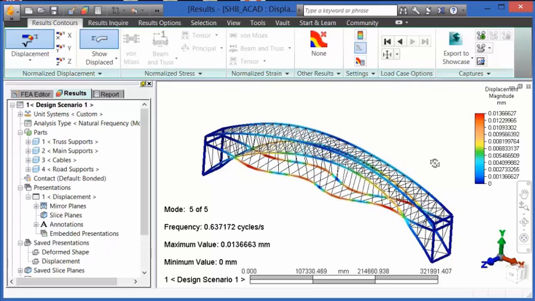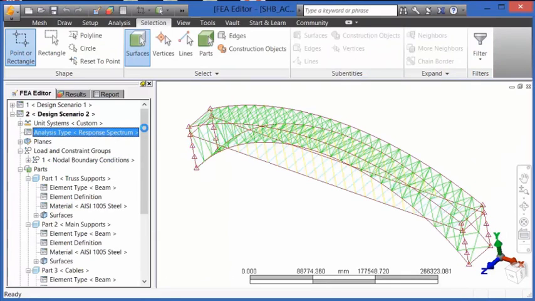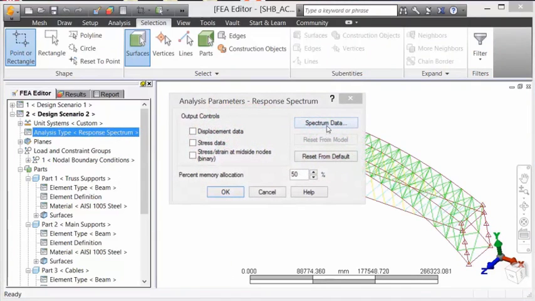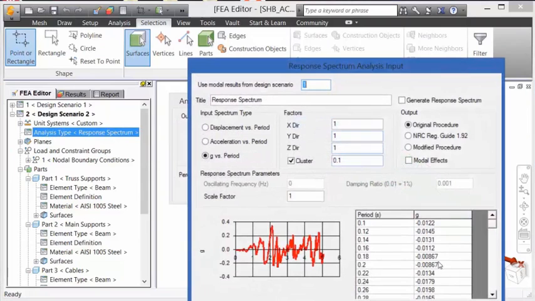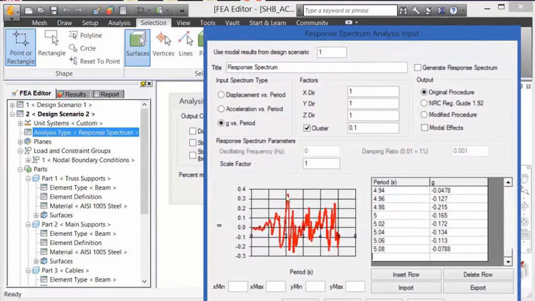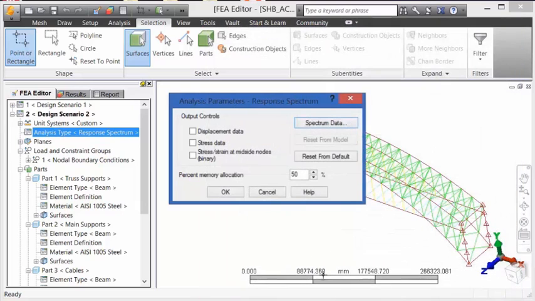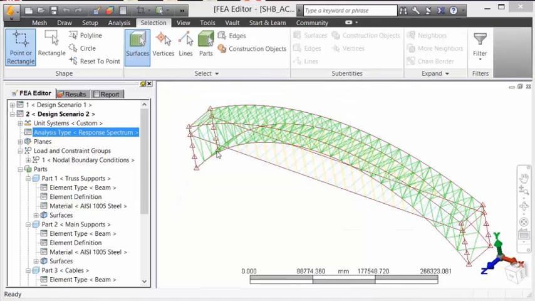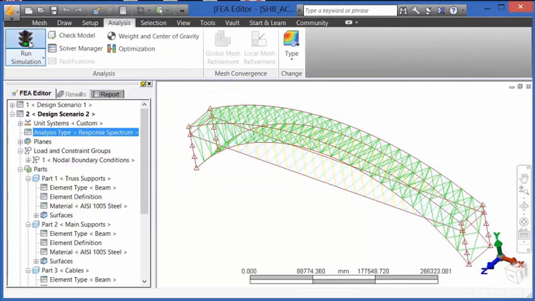Now that the natural frequency modal analysis has been completed, we can perform other types of dynamic analysis, such as response spectrum. The response spectrum input is either displacement versus period, acceleration versus period, or G versus period. Once that data has been input, then we can calculate the maximum displacements and stresses due to a spectrum type